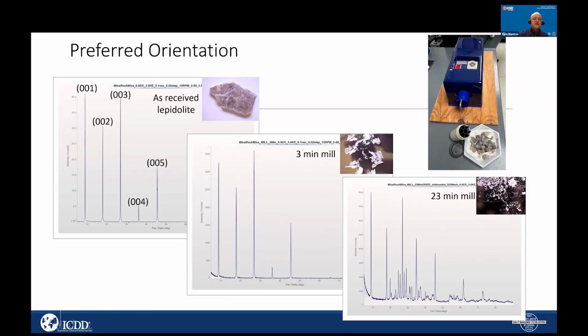And so when you run the diffraction pattern, you see the 1, 2, 3, 4, 5 diffraction peaks. This is evidence of preferred orientation. Now you can use something called a Macron